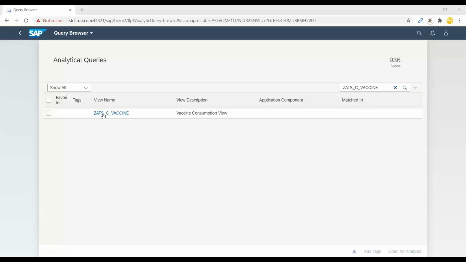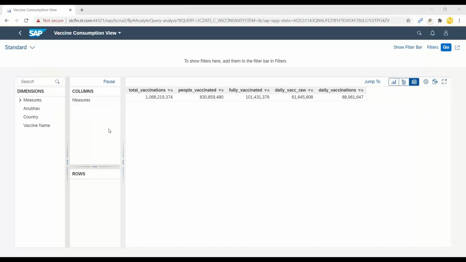And there you go. You can see I have found my analytic query here. And now what I can do next is click on it to open it for analysis. The moment I click on it, the system is going to open that, according to the design we have done, into an analyzer. So let me click, and now you can see the system opens up this analytic query in a beautiful query